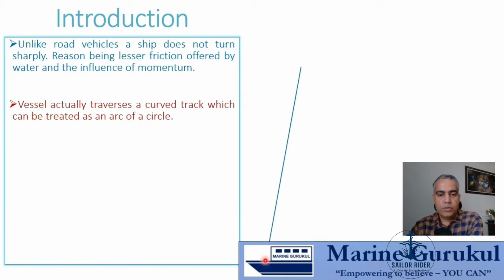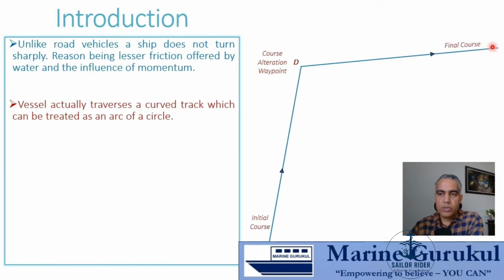Let us assume that this is the initial course of the ship. You can follow the laser pointer. At this particular point, we have a course alteration. This is point Delta. So at this particular point, the vessel has to alter its course, and this is our